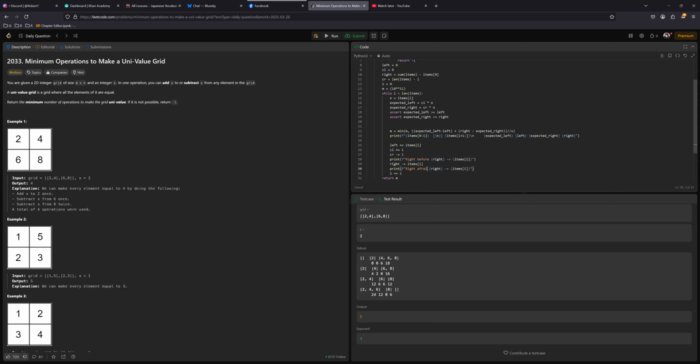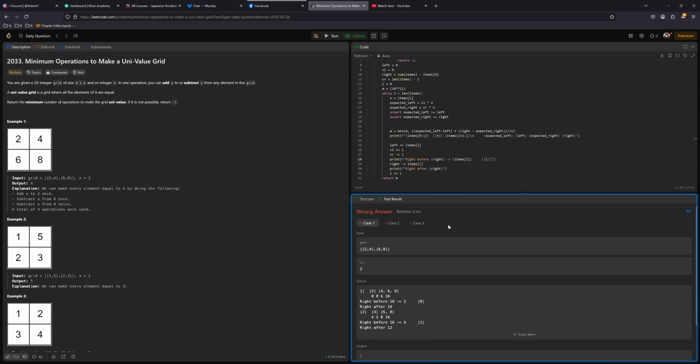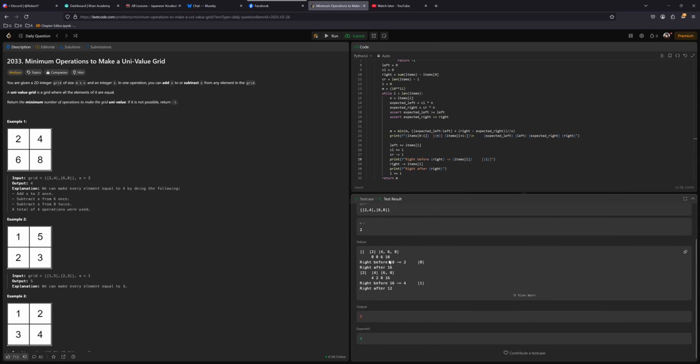Is it like some stupid mistake that I've just made? So I think the technique is valid. It's just okay. So right,